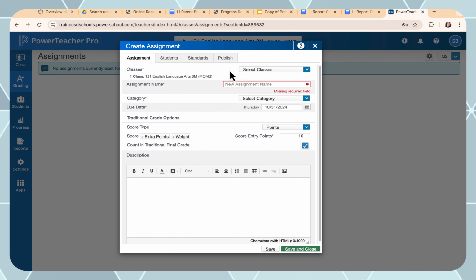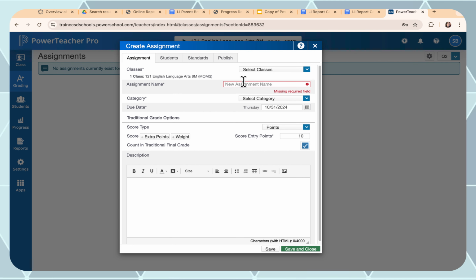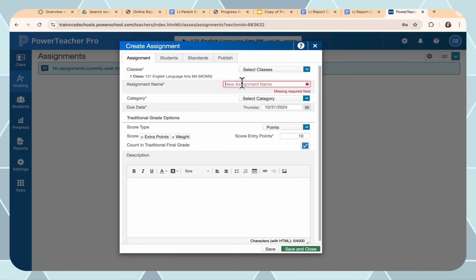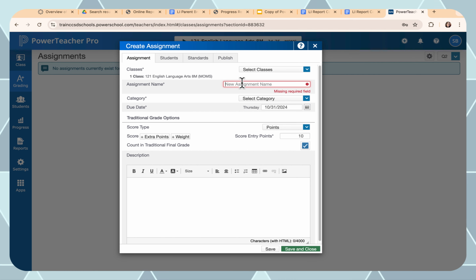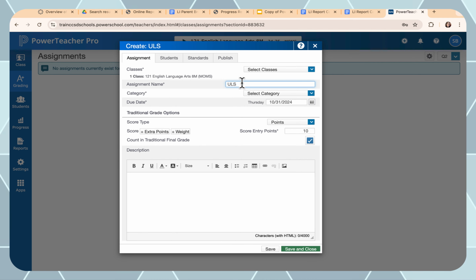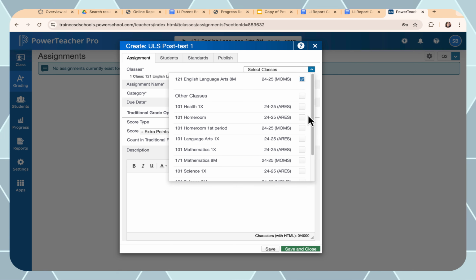So for example, in low incidence classes, you know that your English Language Arts and Math grades should come from ULS Checkpoint post-tests. So I am going to make sure to type the assignment name for this assignment, ULS Post-Test 1. Because I give this type of post-test to both ELA and Math, I could also select to have